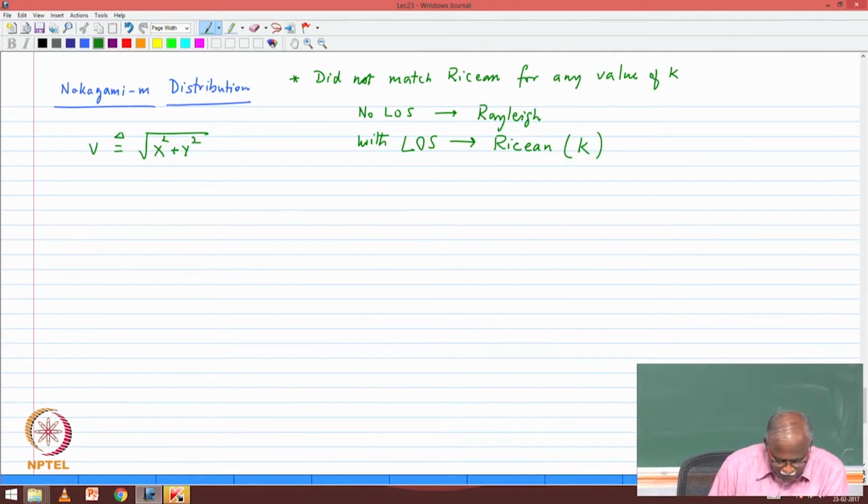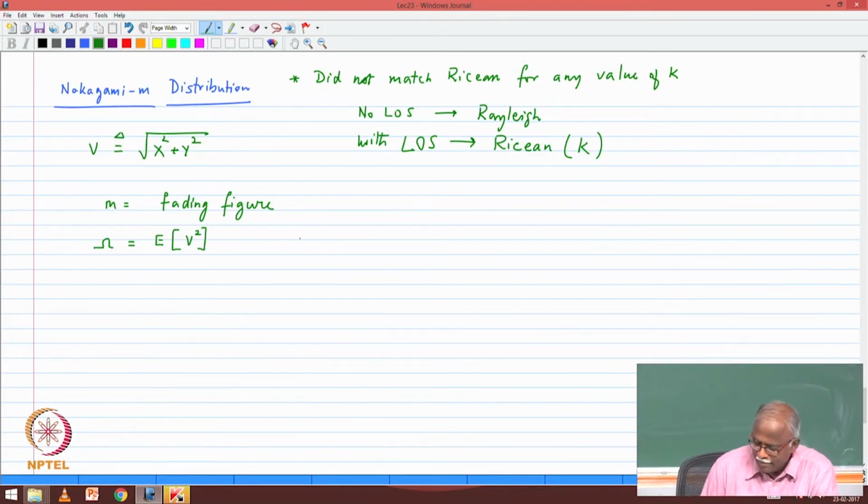Okay, and the Nakagami distribution does not make any specific assumptions on the mean, but it makes assumptions on the received power levels. So it says that if I introduce something called the fading figure, which is a characterization of the statistics, and we define the following: uppercase omega is equal to expected value of v squared, mean received signal power, and m is defined